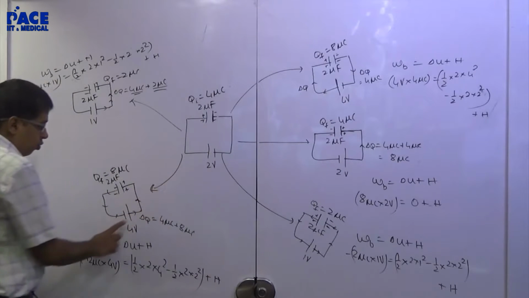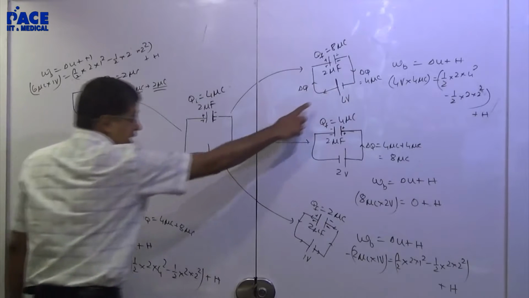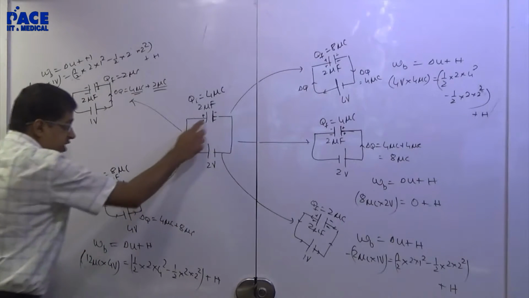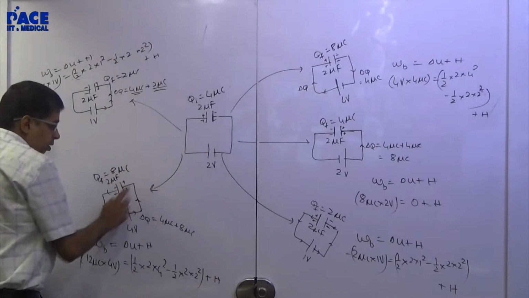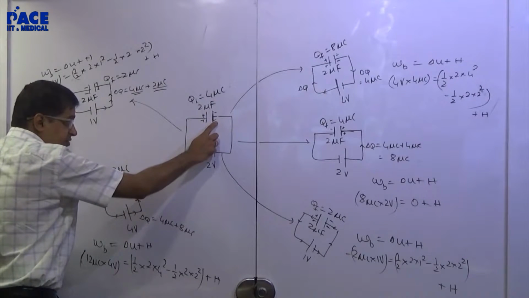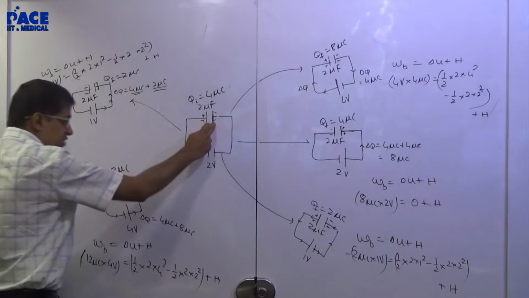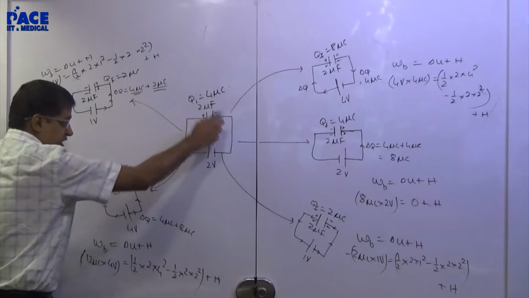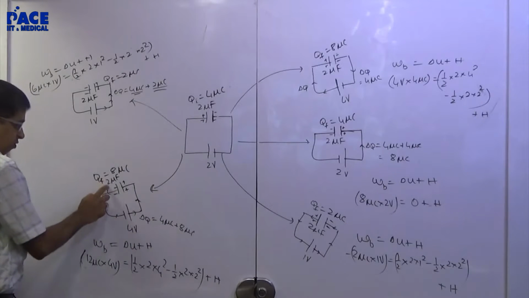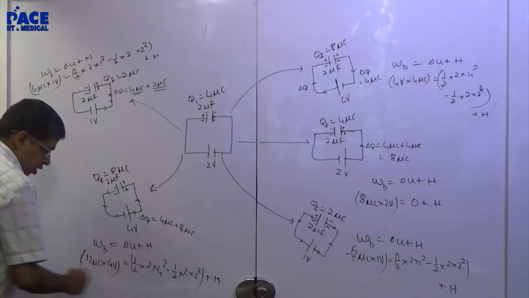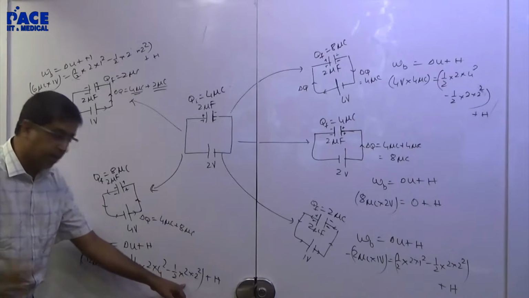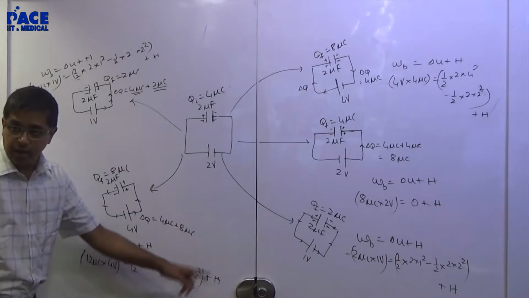If I replace the 2 volt battery with a 4 volt battery like this, but with polarities reversed, first of all nullification of the charge should happen. The already existing negative charge on the right should first be nullified. Positive charge will go, 4 microcoulombs, to nullify the existing charge. Then 4 into 2, 8 microcoulombs. Work done by the battery will be half C V final whole square minus half C V initial whole square plus heat